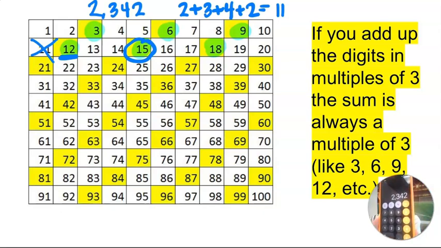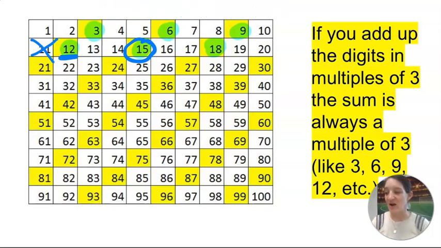2,400 and 2,342, we can divide that by 3. And you're right, look, we have a yucky remainder right there. Okay, so it is not divisible by 3. Now, if we have a number like